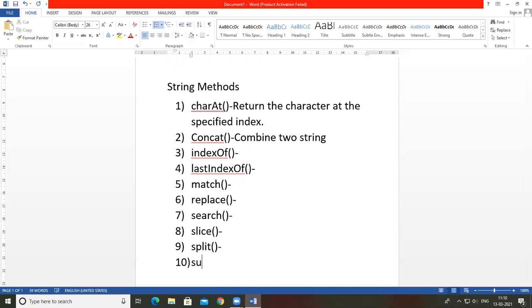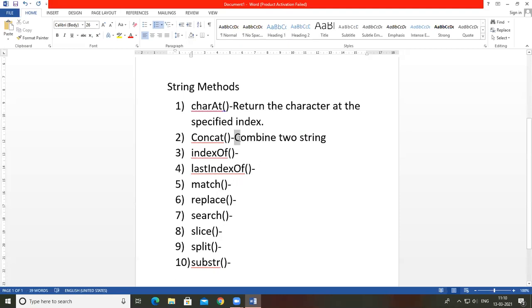Then substring. The substring function is used to return the characters in a string beginning at the specified location through the specified number of characters. So it returns a substring from the string. Consider this is a string and I want to find a substring from location 3 to location 5.